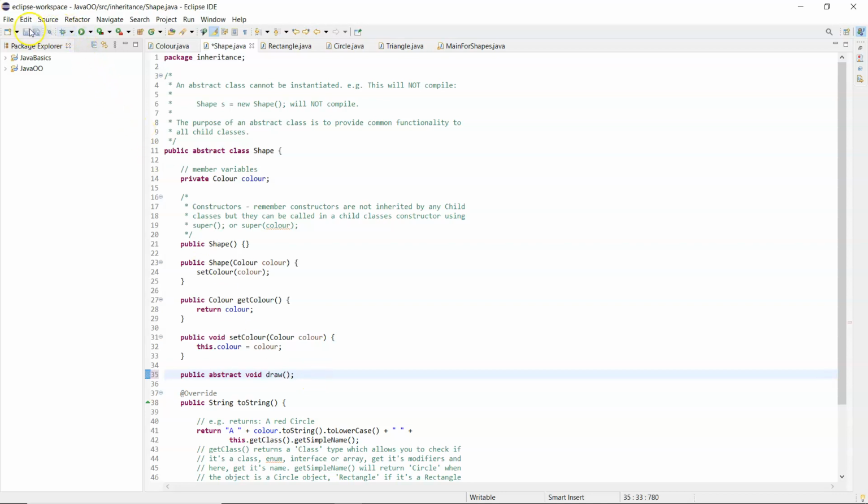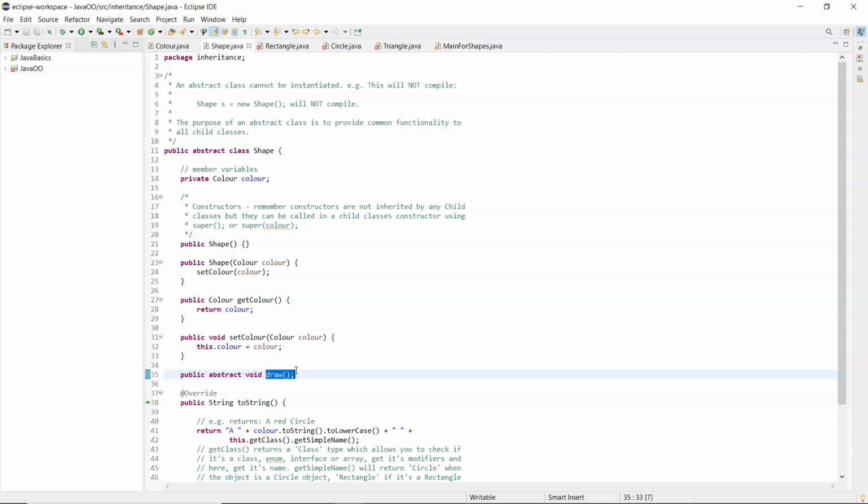Now I'm going to hit the save button. Look at the classes up here, rectangle, circle and triangle. I'm going to save this class. You can see that they are subclasses of shape, and that means that they're being forced to implement, put in or override their own draw method, and it's not in any of them, and that's the reason that they don't